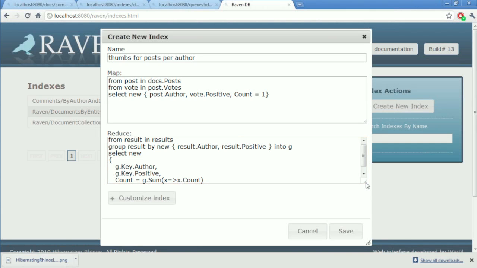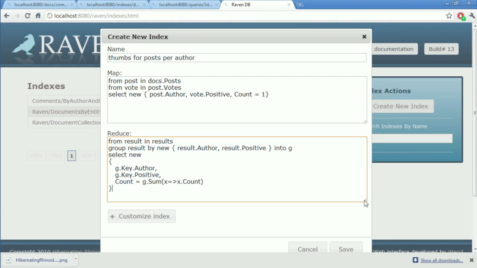So now let's take a look at this. What we have here are two LINQ queries. The first one basically outputs one element per vote with the count equal to 1. The second query is a simple aggregation by the author and whether the result was positive or negative.